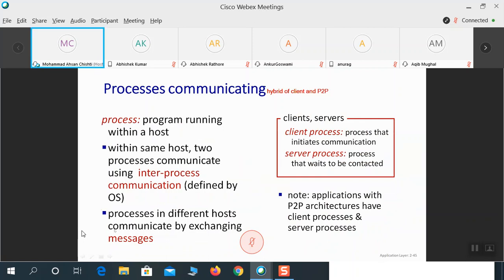So what we see here in application layer are basically processes communicating with each other. We have a program running in the host, program running in the server. Host as in client initiates the communication. Server is waiting for web requests. So basically server has a process that waits to be contacted.